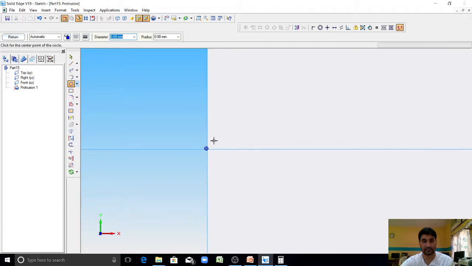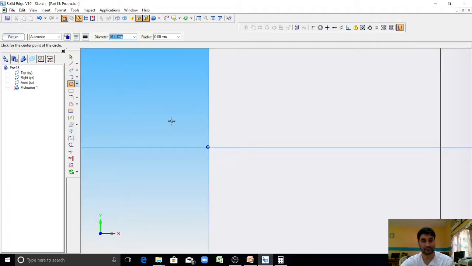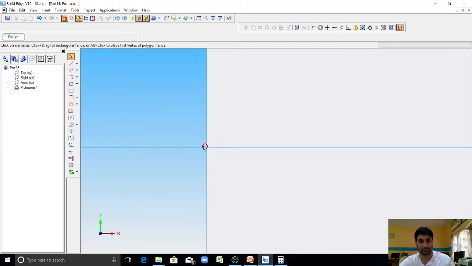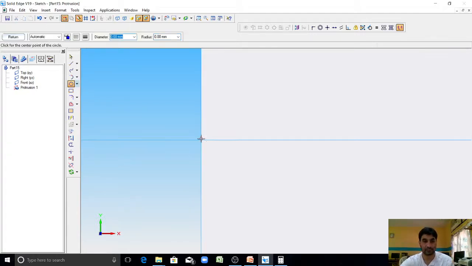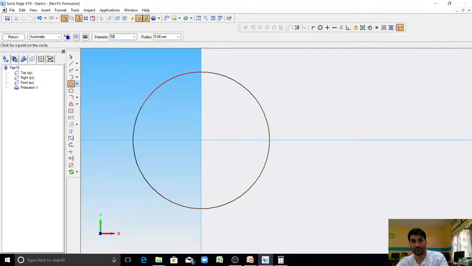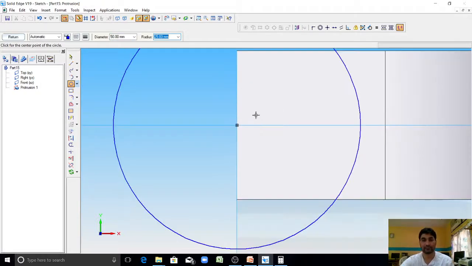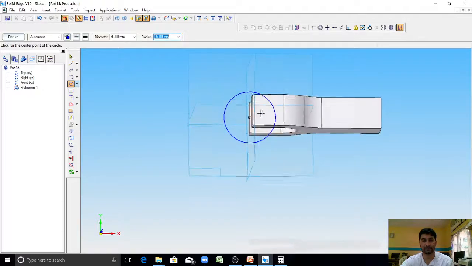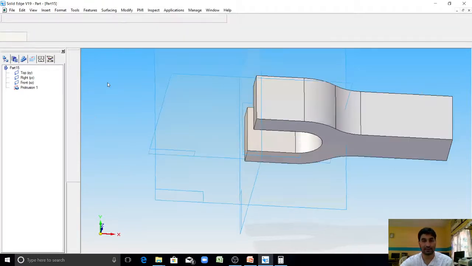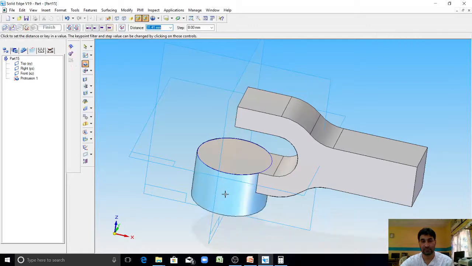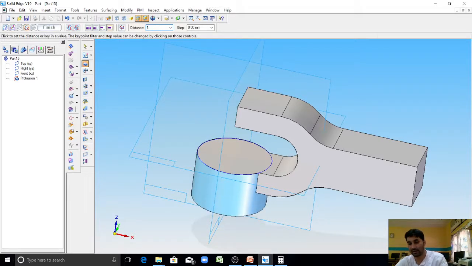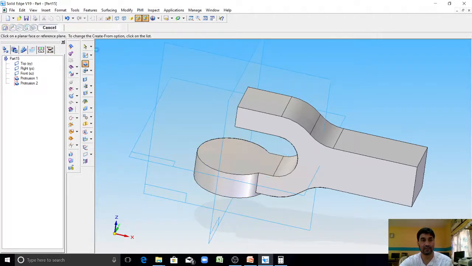From this center, draw a circle of diameter 50. Click on return. Now give the depth as 17.5 in the downward direction. Click on finish.